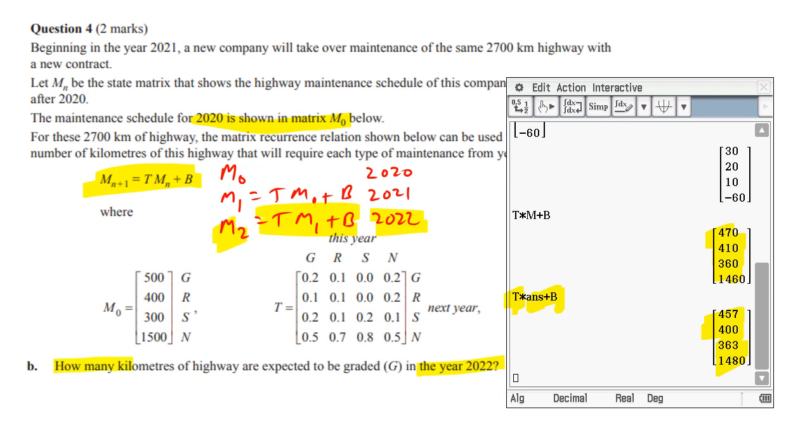So it says how many kilometers of highway are expected to be created? G. So we've got to make sure we remember which ones are which. So that's G R S N. It's this number here. And so we should get the answer 457